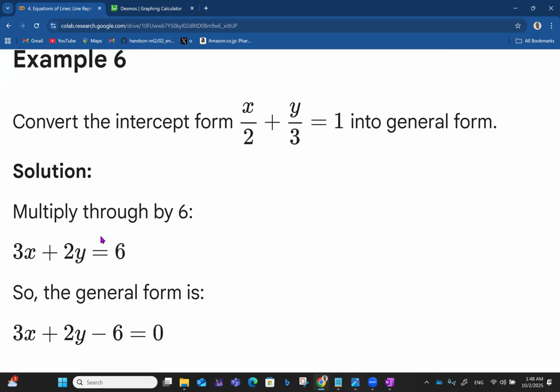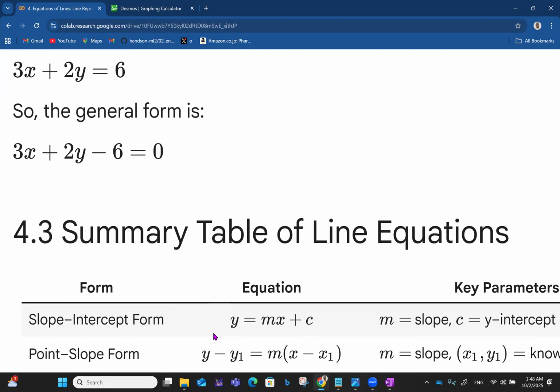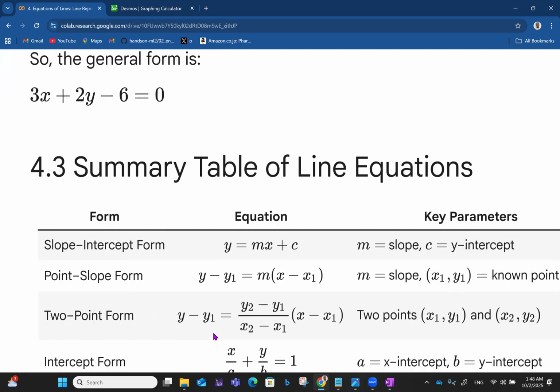So x over 2 times 6 is 3x. y over 3 times 6 is 2y. 1 times 6 is 6. So the general form will simply be 3x plus 2y minus 6 equals 0. So you transfer everything to the other side and then equate to 0. That's the general form. So in summary,